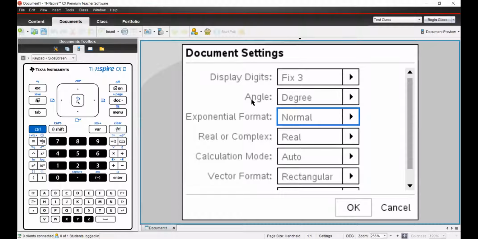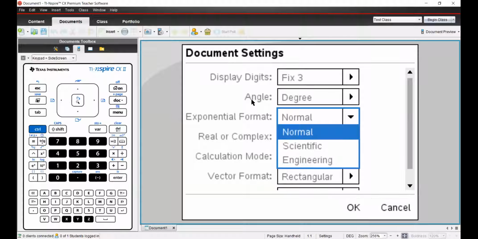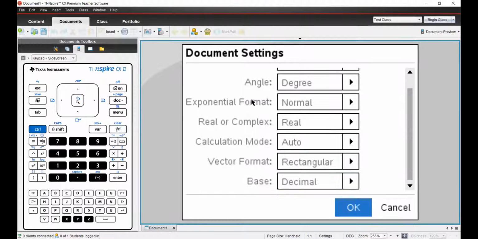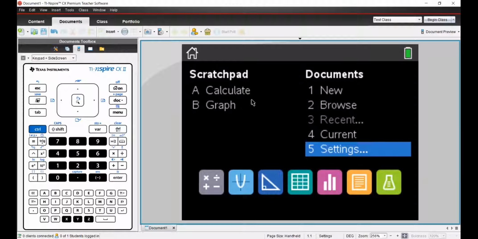You can even change the format of your answer, like scientific or engineering. Then you can change the mode from complex to real. You can even change the mode of the calculation. If you want the answer in approximate form only, you can do that directly from here. Other things are also given, like vector format and base, and you can press OK. So these are the settings given in the document.